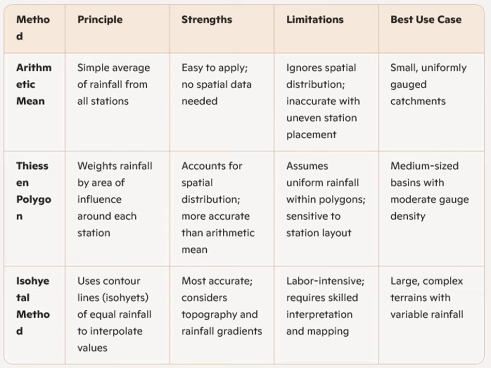You have to estimate the mean precipitation of a watershed when there are 4 rain gauges, and for a certain day the precipitation